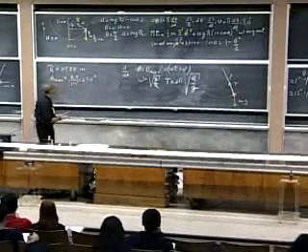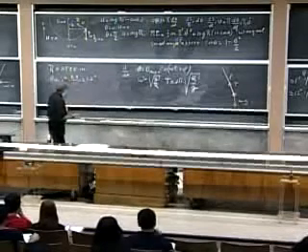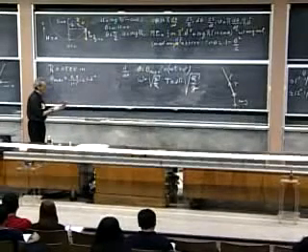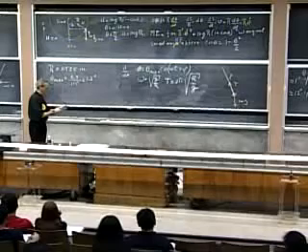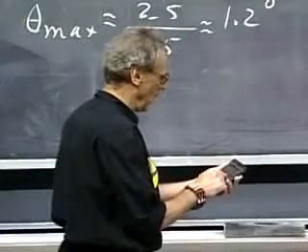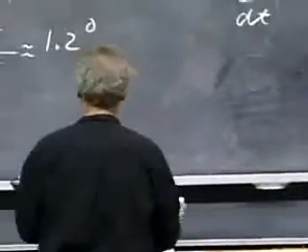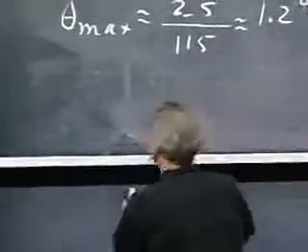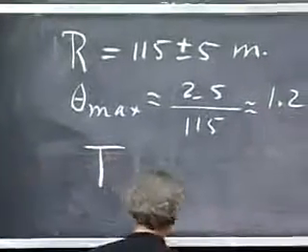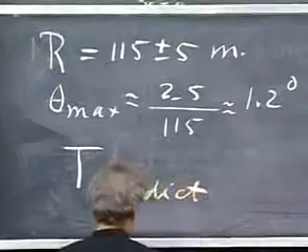And I'm going to do that. I take 2 pi times the square root of r over g, and r is 115. I divide it by g. I take the square root, I multiply by 2, I multiply by pi, and I get 21.5. And this is a prediction, T equals